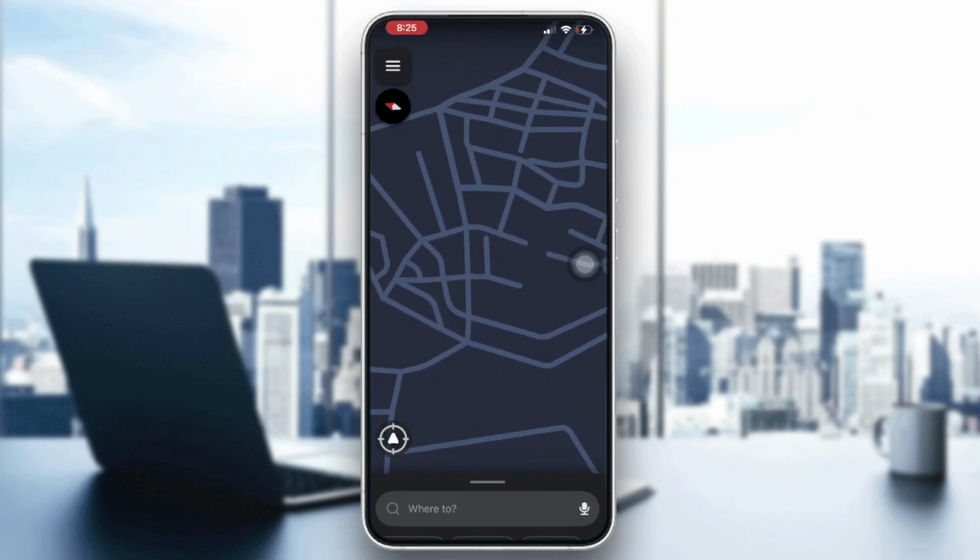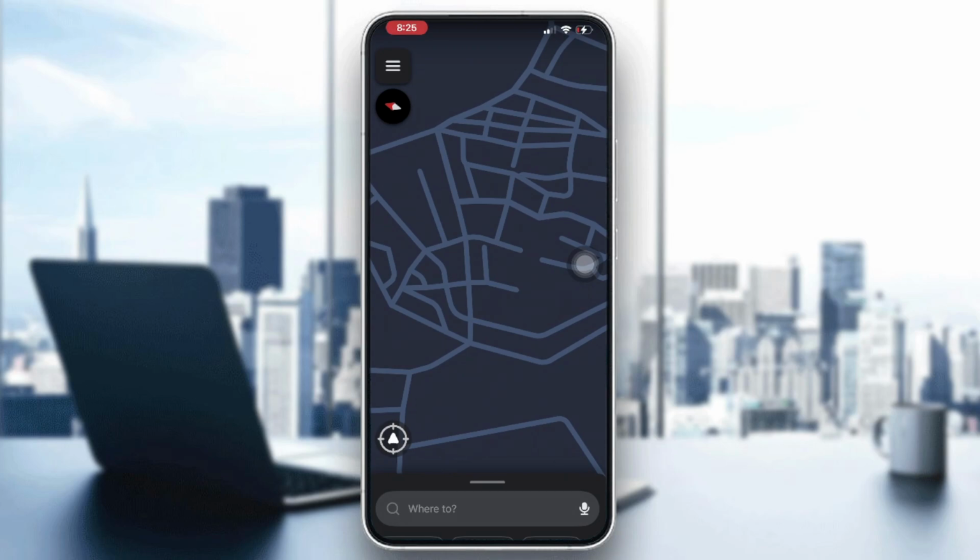So in today's video I'm going to show you how to add a favorite place in Waze. Saving a location as a favorite in Waze makes it easier to find and navigate to places you visit frequently. So actually guys, first you will need to open Waze on your smartphone and then just tap the search